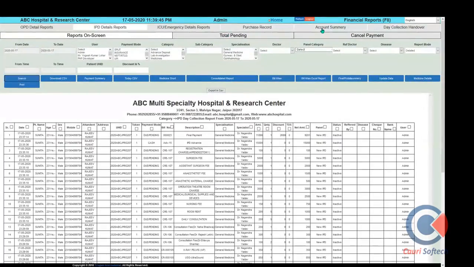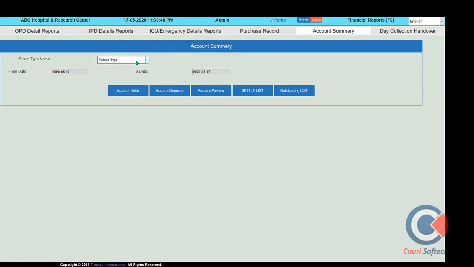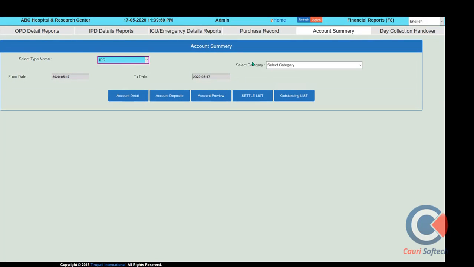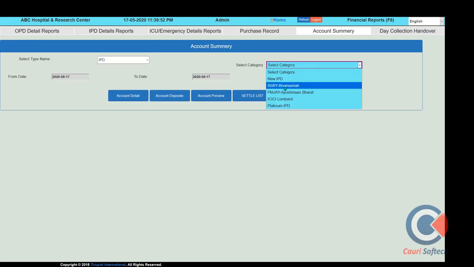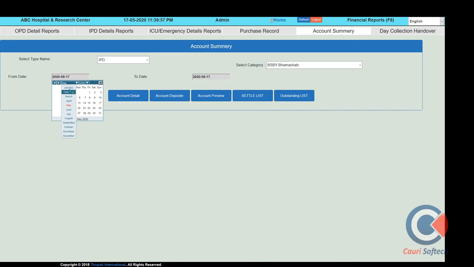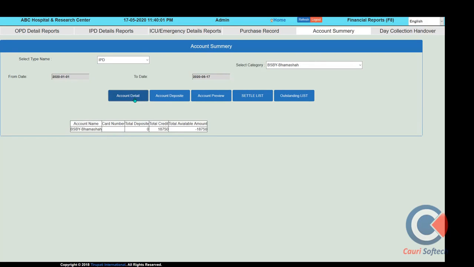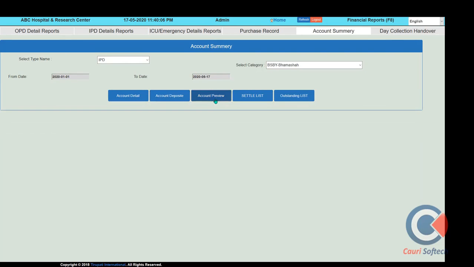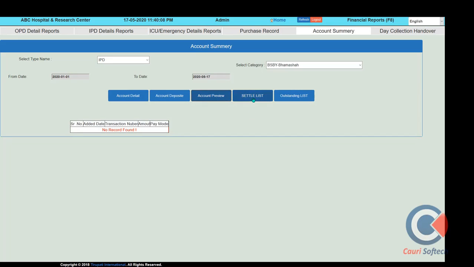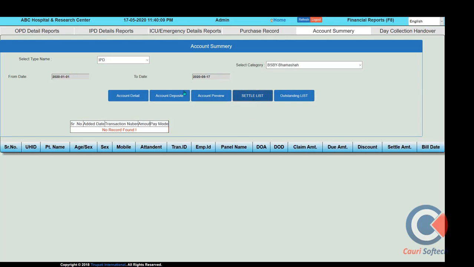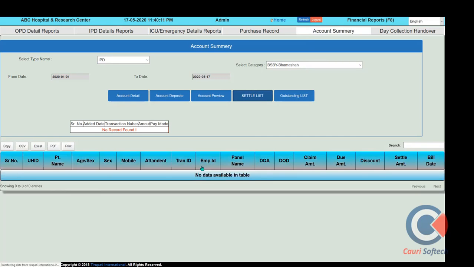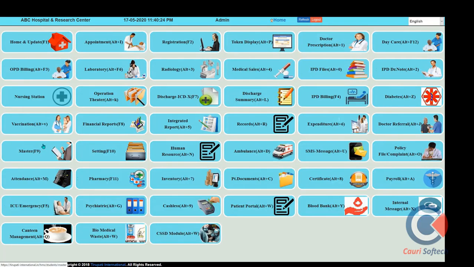After that, we want to see the account summary of the different companies by patient, in the OPD and IPD section, to access the outstanding list of patients. We can apply the date filter and get the record of the account balance of the respective company. If any account is due, the amount will be shown here, and any paid amount will be entered here. We can access the previous account summary. The settlement list means the list of patients who are under due of the company and whose amount should be payable from that respective company.